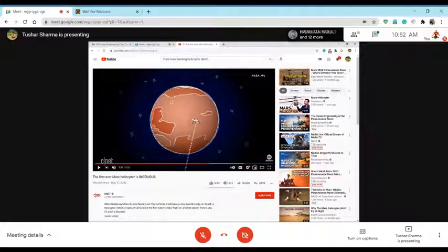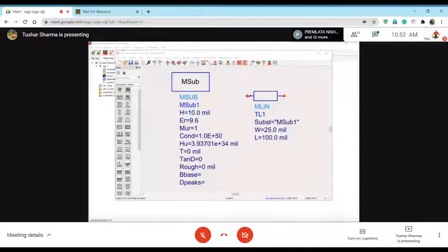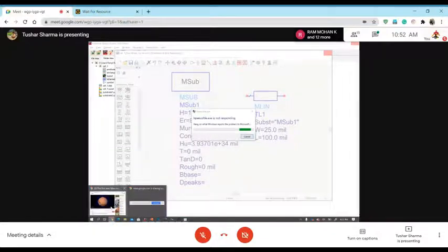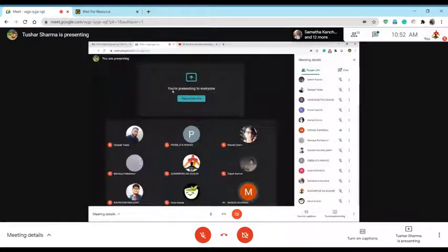Anyways, somebody was saying something. Sir, what kind of simulation do we do in HFSS, like microstrip or EM simulation? See, Manas, everything is EM simulation. HFSS is just a tool. Similarly, ADS is a tool. In HFSS or in ADS, both, you will be simulating microstrip lines. You can simulate antennas, eventually that's what you will be doing in HFSS.